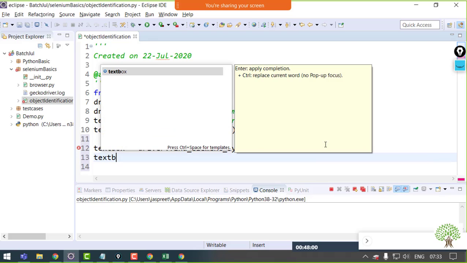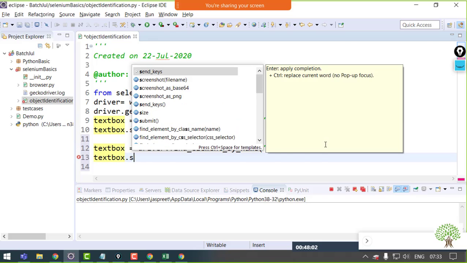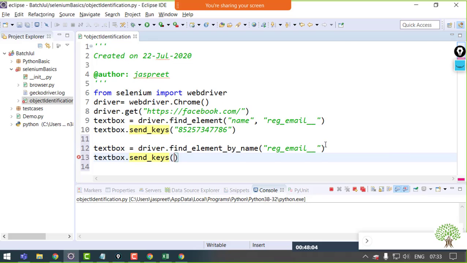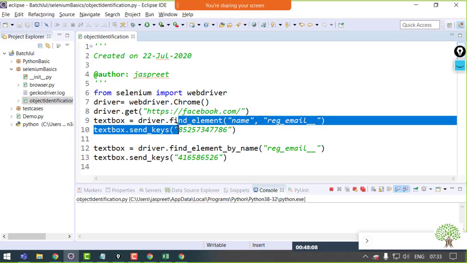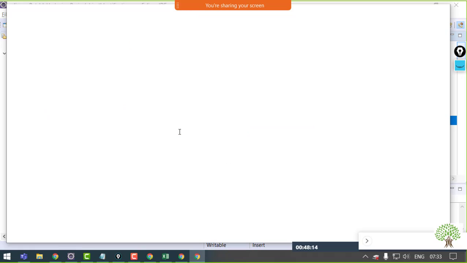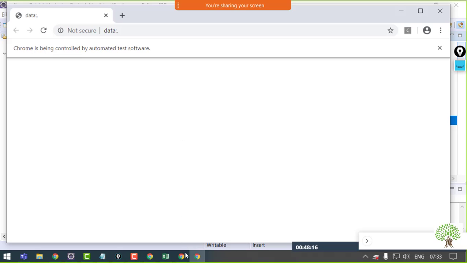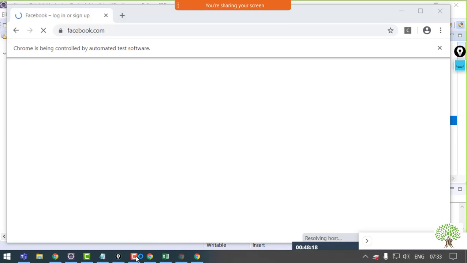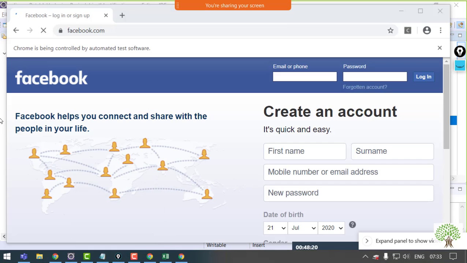That is also going to run perfectly fine. Again, I can have any random text. I'll comment this out for the time being, and now if I run this, again the same thing happened. The same text box has been populated with the text I sent.